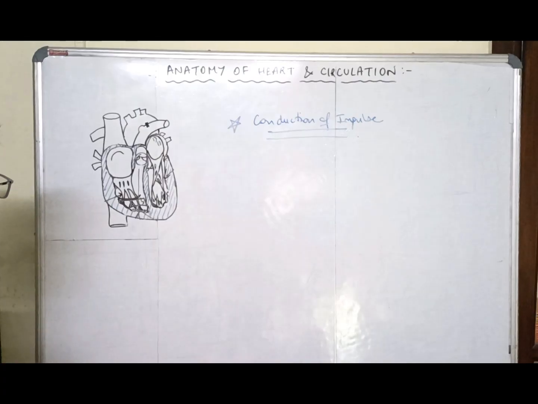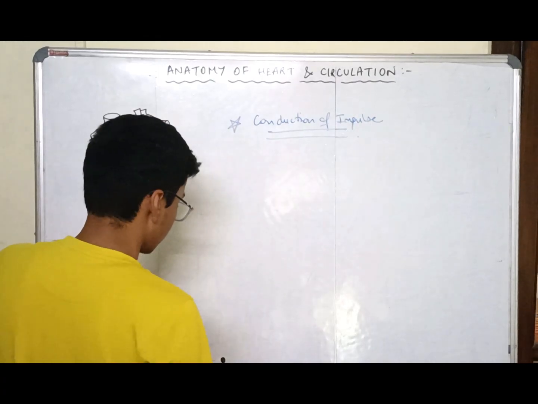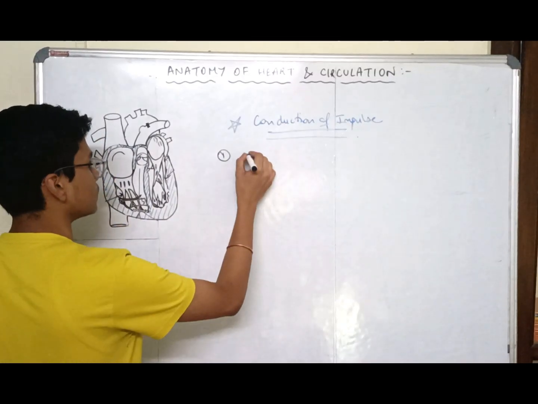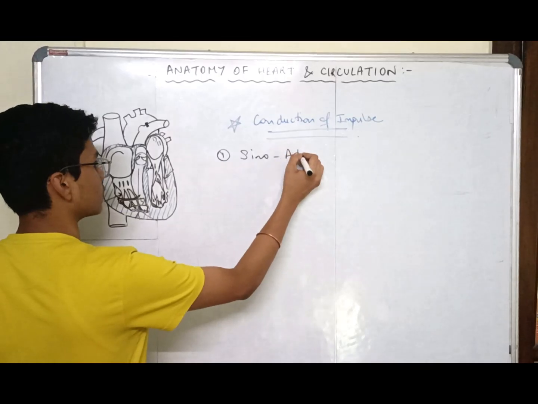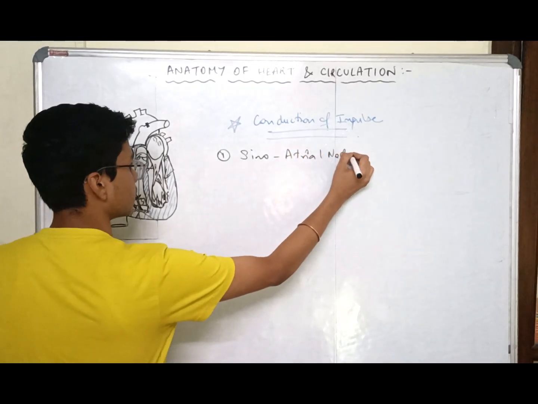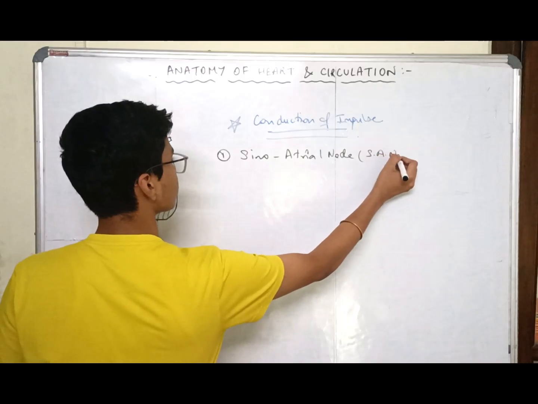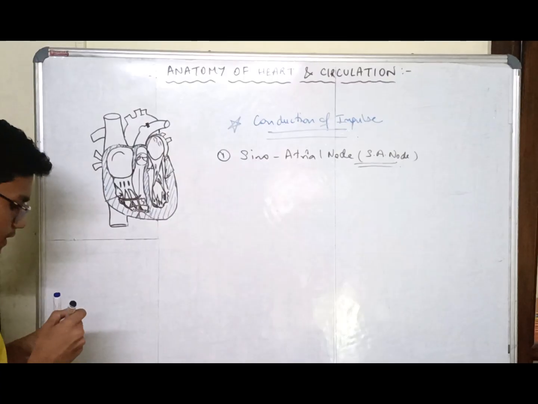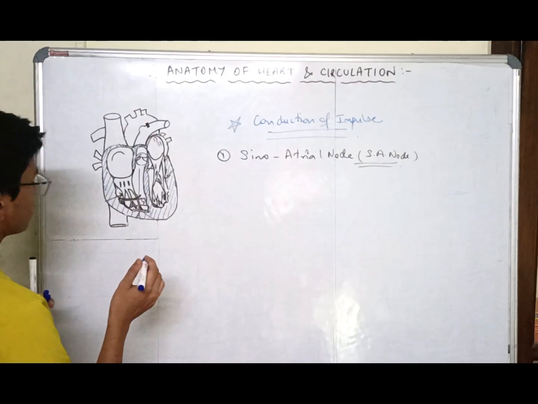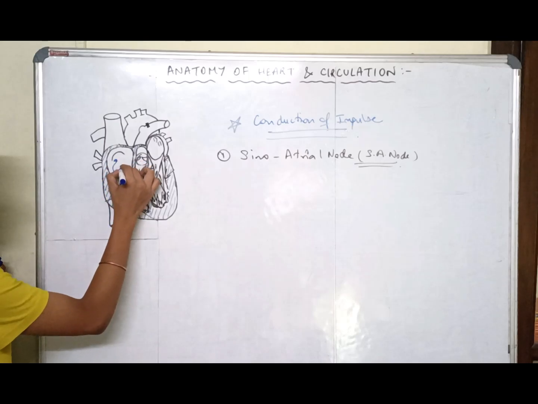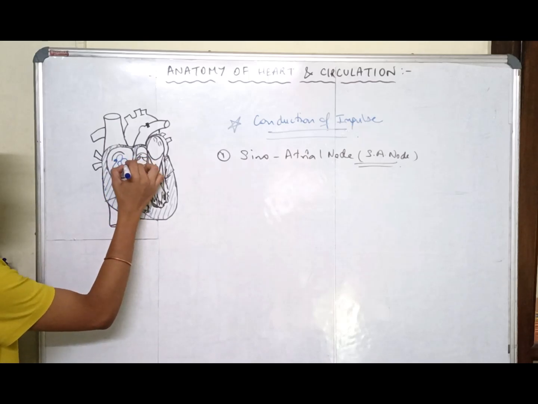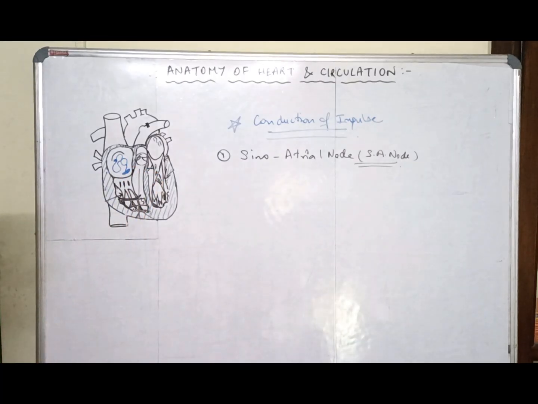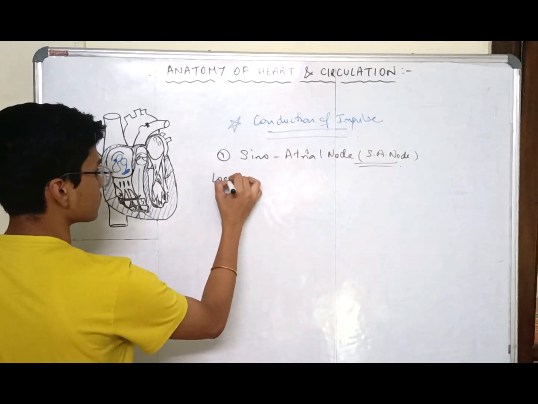Let's explain it. First and foremost, the primary node that is responsible for conduction of the impulse is the sinoatrial node, and in short it is called the SA node. Very important. So its position is located roughly in this area. So its location is roundabout